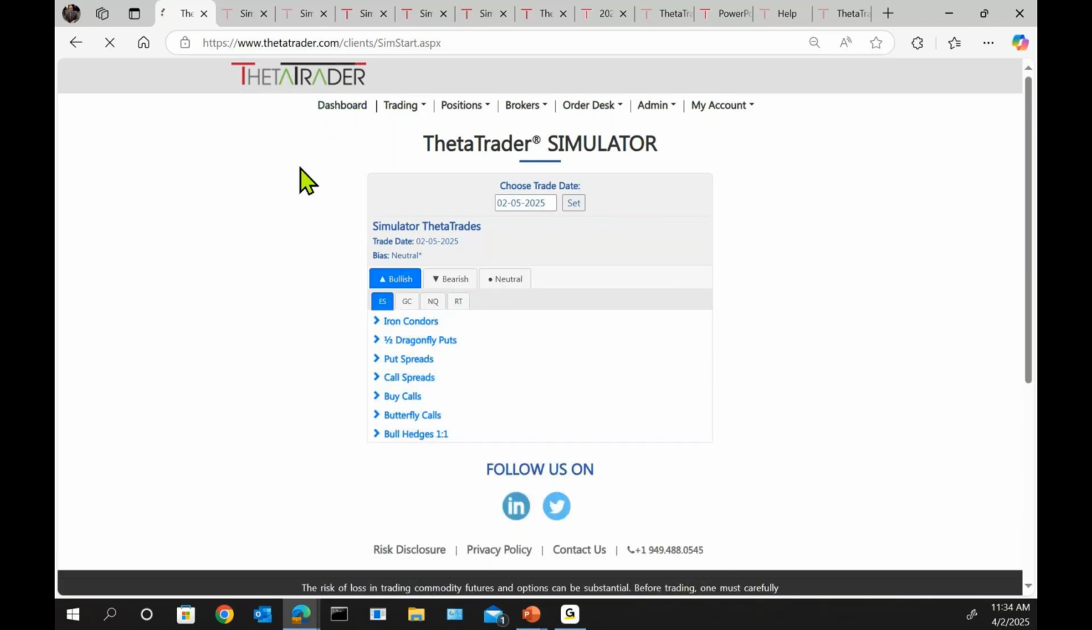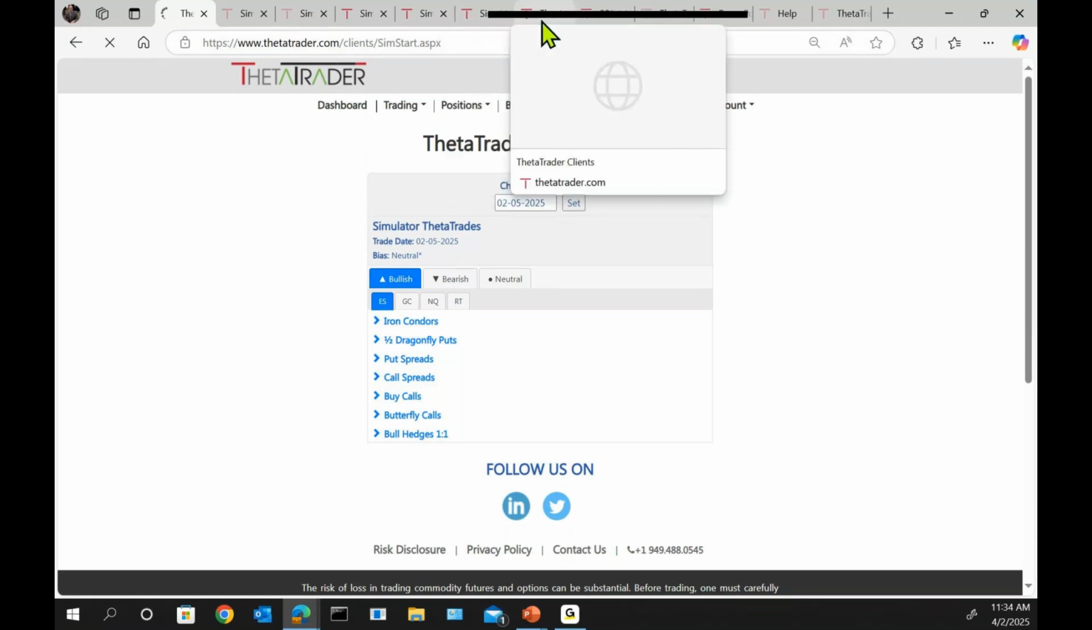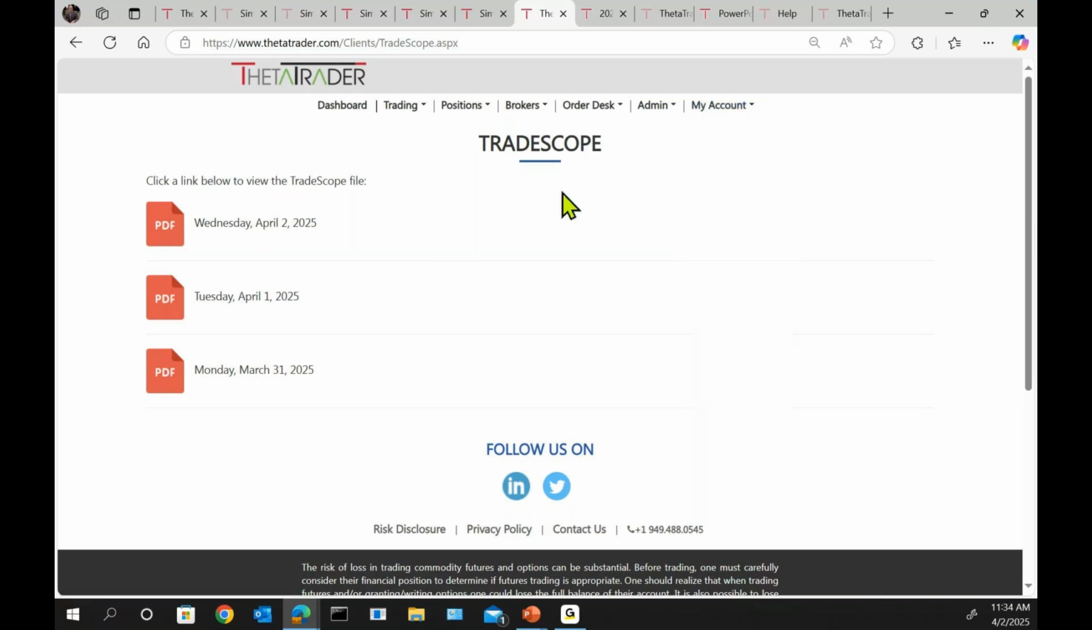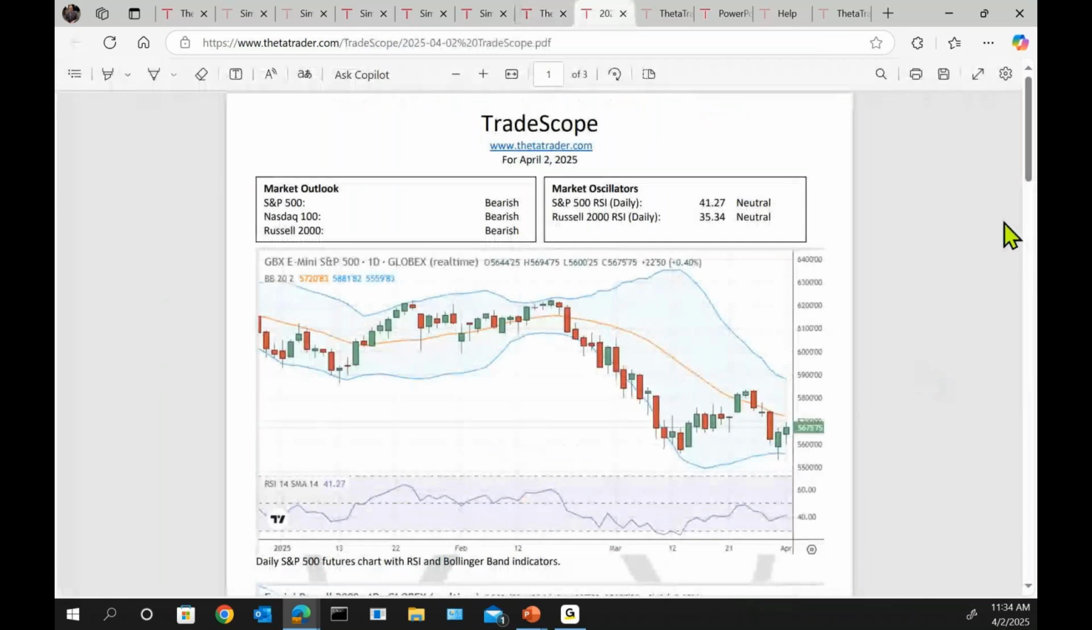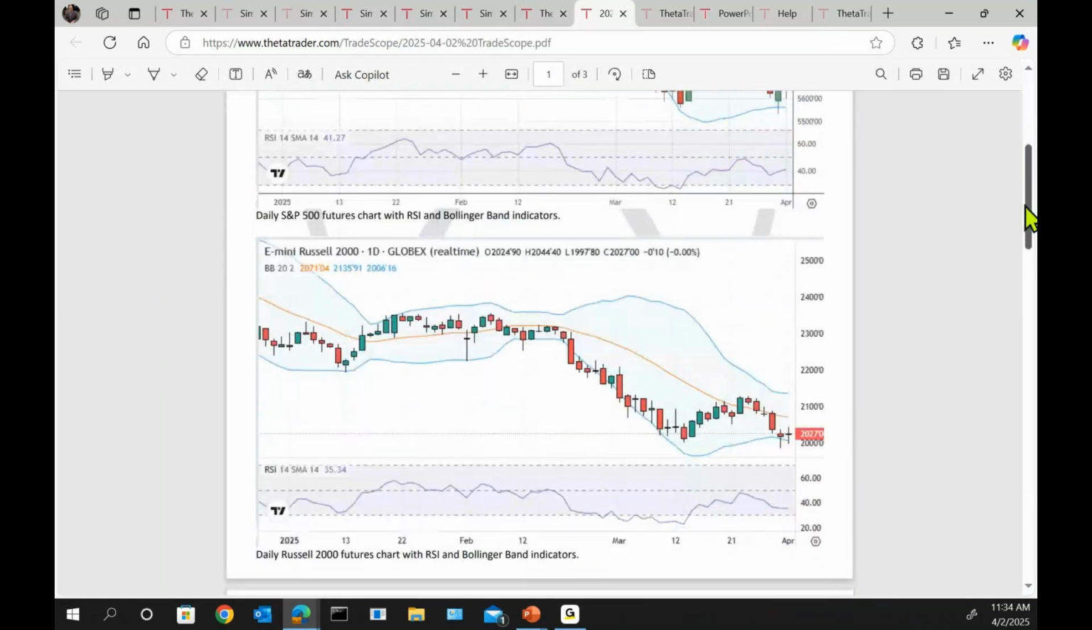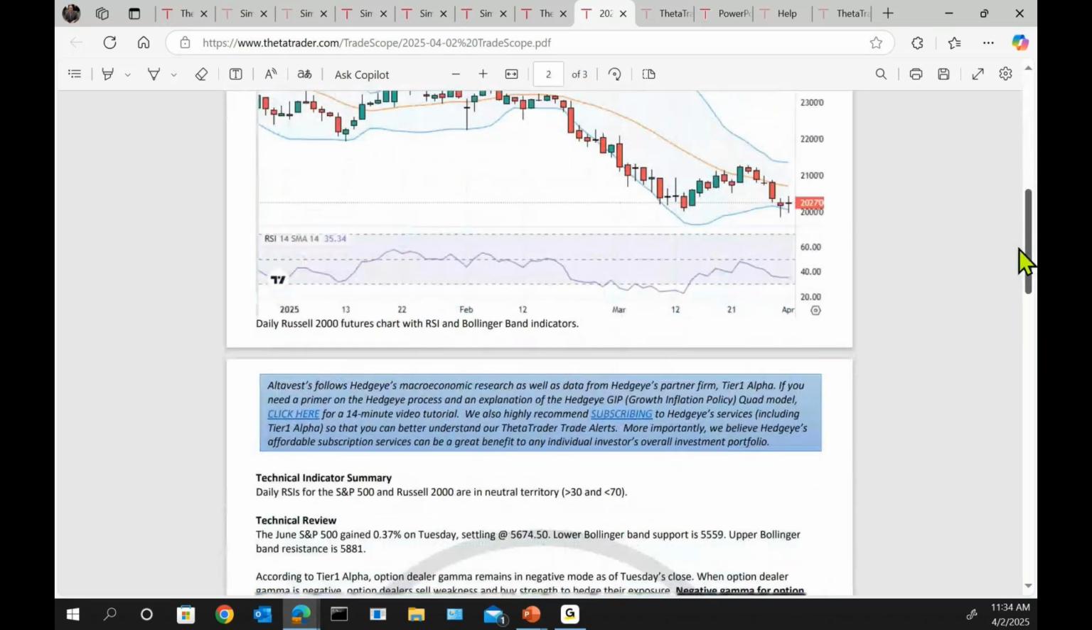So now let me also point out, while that's loading, let me jump over here. Wanted to point out under the My Account section, and then I'll show you the trade alerts. We do have proprietary research to help you make some decisions along the way. There's something called TradeScope. We do it every day. And this is a general kind of a quick review of what the technicals look like, and also looking at